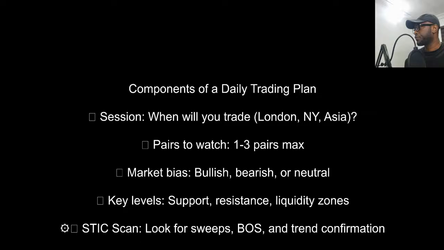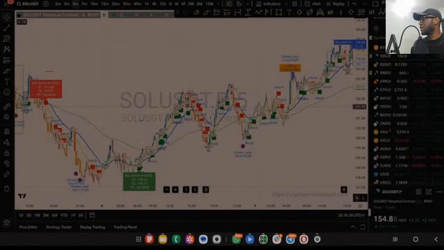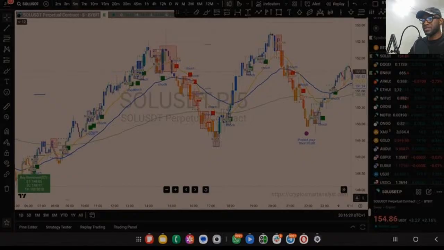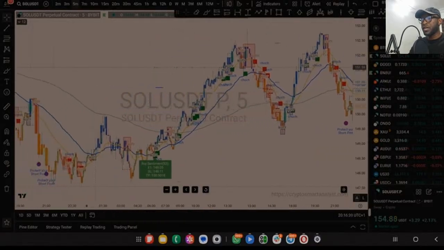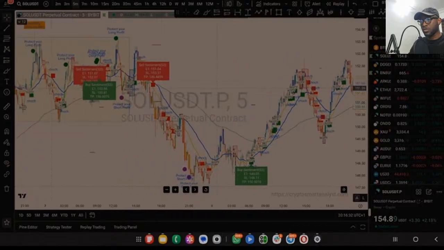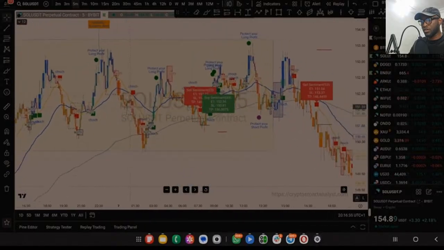Let me share my screen right now to see. One of the major challenges most traders have is that most indicators don't understand consolidation. Even STIC, when we started our version 1, we hardly got consolidation. Yeah, this is a consolidation phase. This is a consolidation phase.